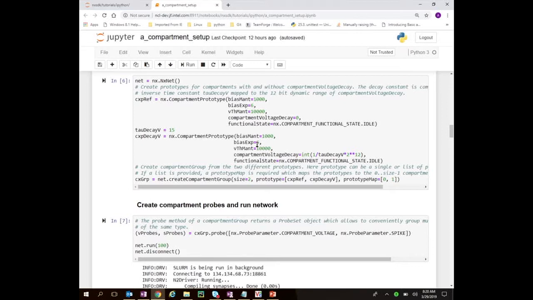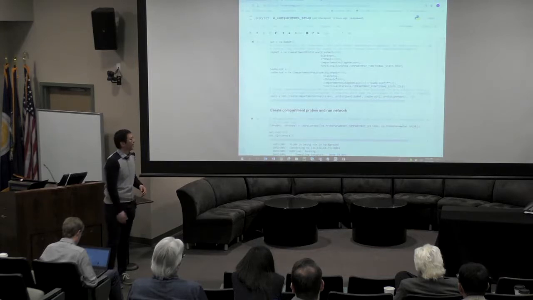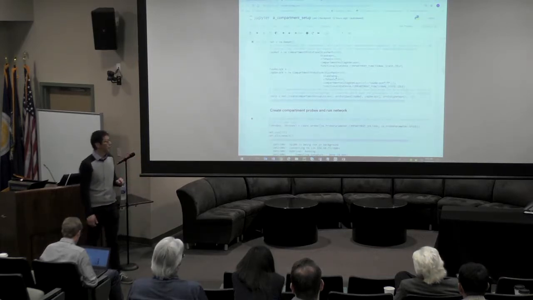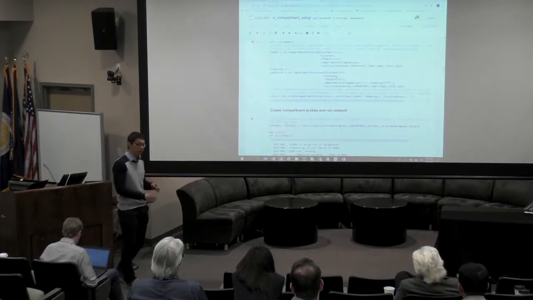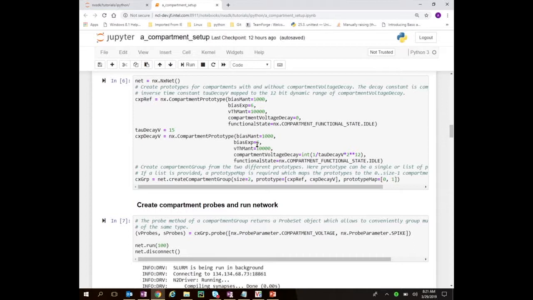The prototype map is basically telling us that the first compartment is going to use the 0th prototype, and then the next compartment is going to use the next prototype. So this way you can specify heterogeneous groups. Okay. All right. So then if we look down next, we want to look at the behavior of the